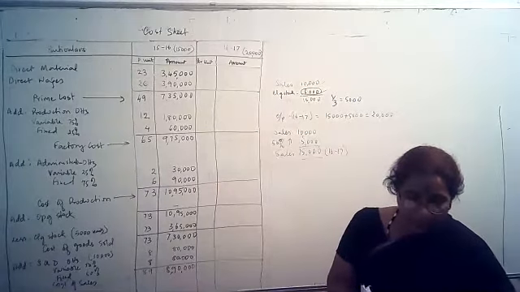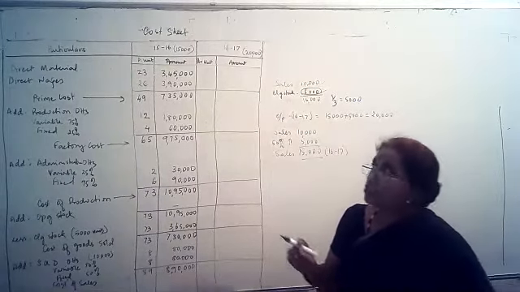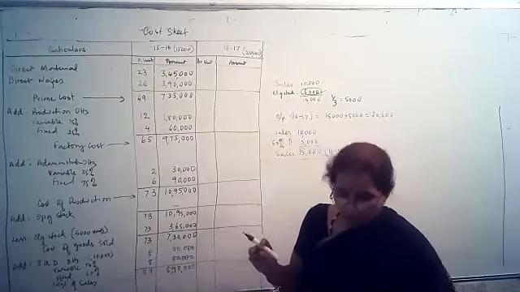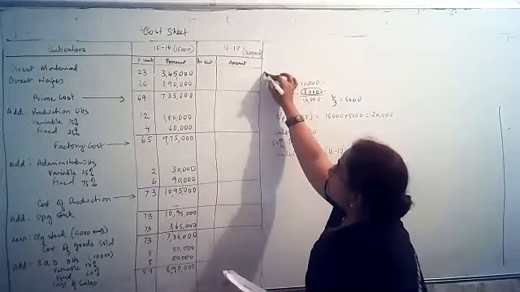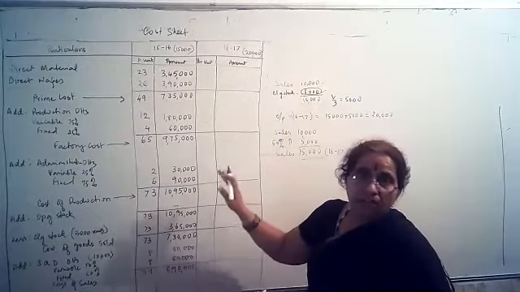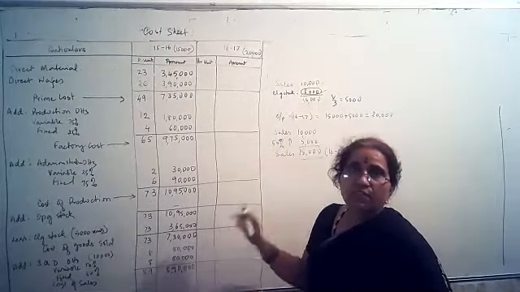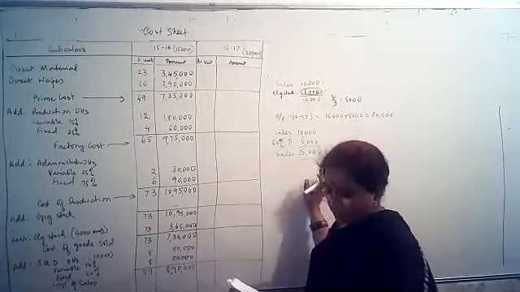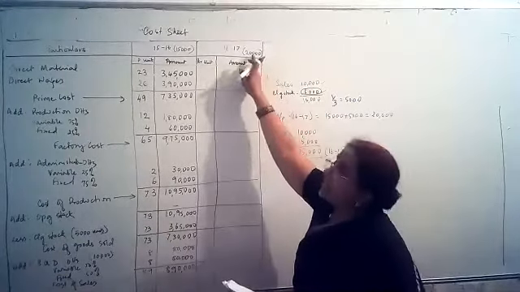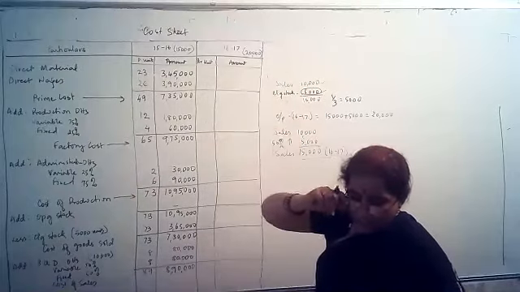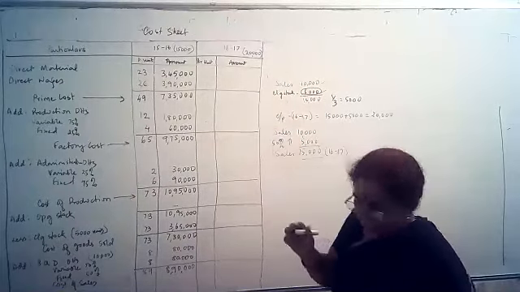Next, material prices will increase by 5%. So let's start off with the first point, whatever they have given. I have written it down. We'll use it as and when we require some of the inputs from the first point. Let's see the first point. I have already written the 20,000 units. Second point is material prices will increase by 5%.